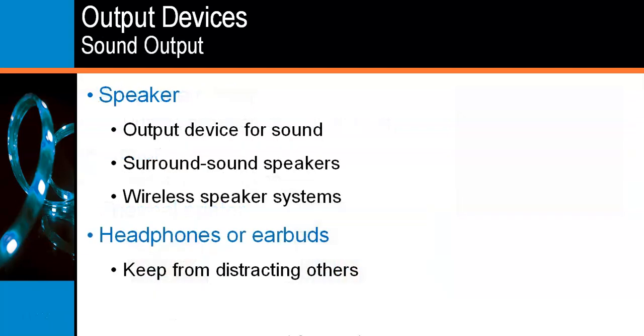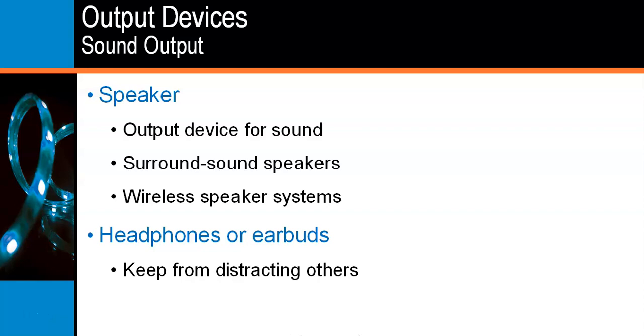Other types of output devices include speakers. They're output devices for sound. A friend of mine who's big on sound says that he has a sound system in his computer system in his house that makes his stereo fear for its life. But it's really a matter of identifying the components you want and being willing to spend money on them. He has a dedicated room in his house just for sound, and it's really impressive. My problem is that since I don't know enough about sound to really appreciate it, it's really nice, but I can't appreciate just how good it is. I just don't have the training or the expertise to do that.